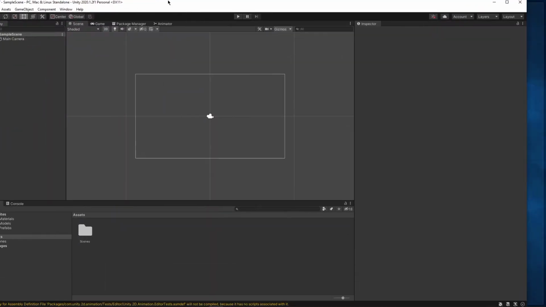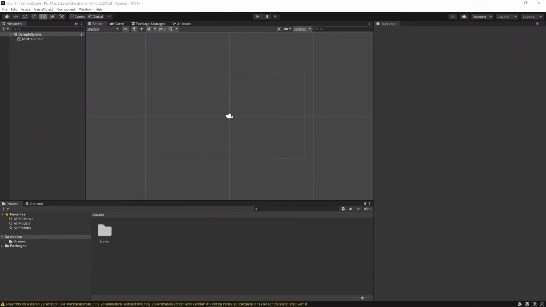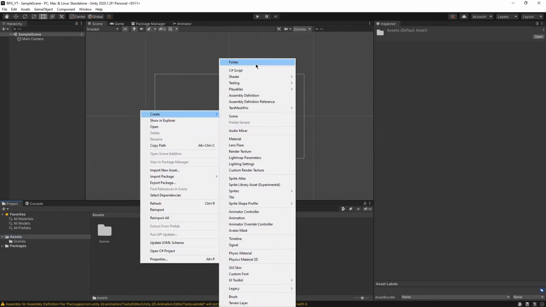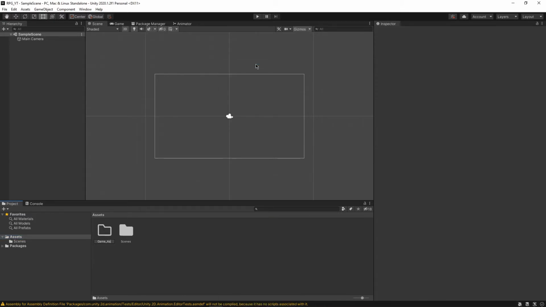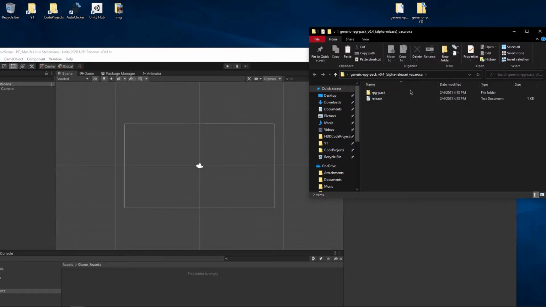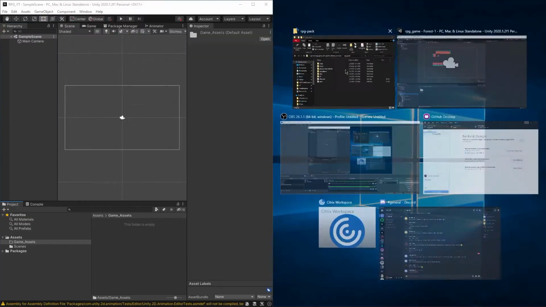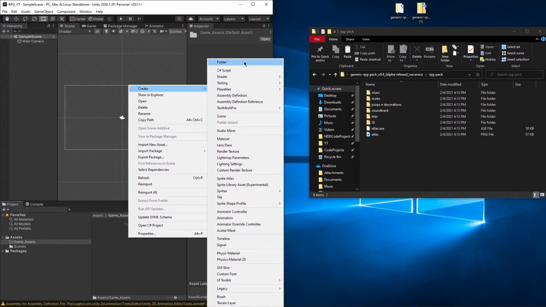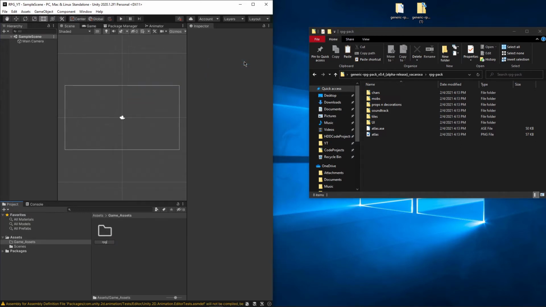Well, my Unity finally opened up now, so what we can go ahead and do is right off the bat make a new folder and call it game assets. So the reason that we want to have this is we want to have a specific place that we can actually put all of this. Right now it's just on my desktop, but we're going to want to add this. So let's go ahead and also create what I'll call RPG generic